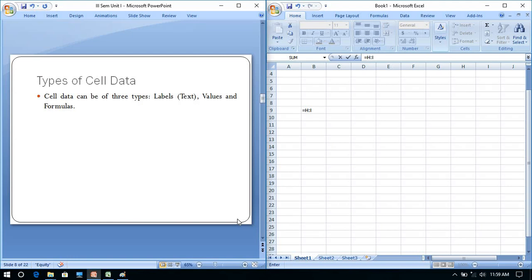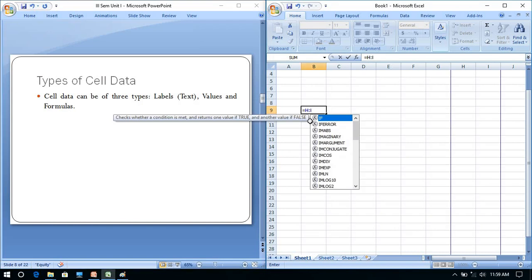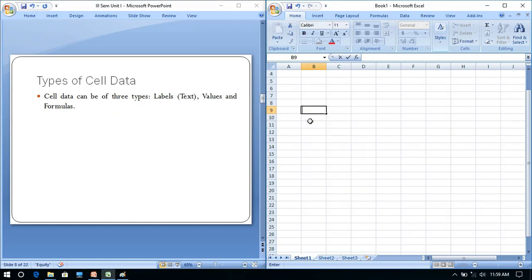Now look at the next topic, types of cell data. So you got what is a cell, what is a cell reference, what is a cell pointer, what is a cell address, all these things. Now let us see which type of data you can enter in a cell. Cell data can be of three types. Labels, that means text or characters.